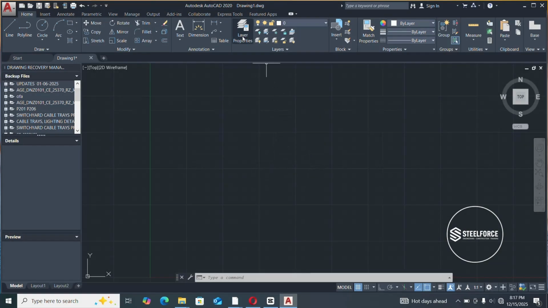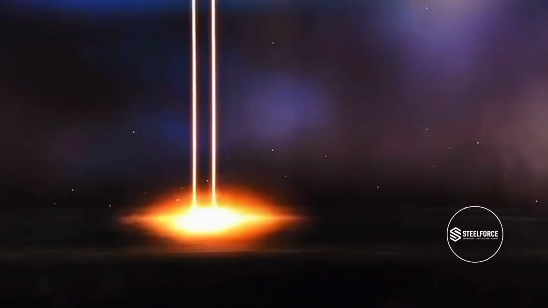Today we'll be going through the layers, properties and annotation. But before that, we are going to take a normal single room self-contained as we go through the annotations and the layers. So to get started, we click on